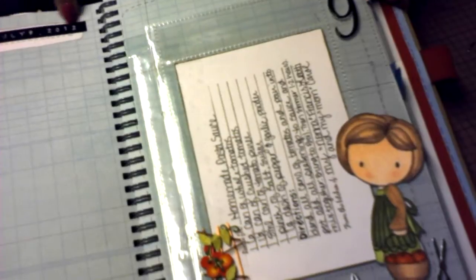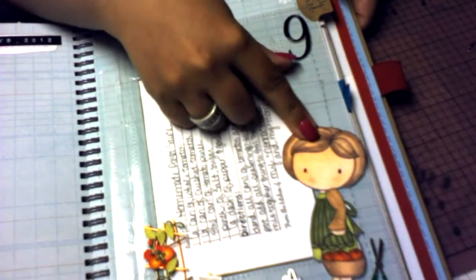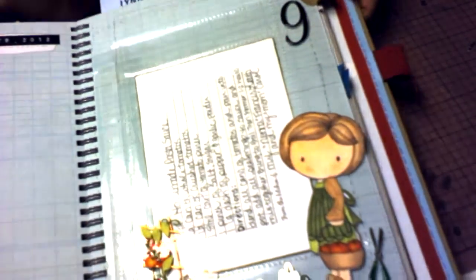And then I just wrote, July 9th, 2012 over here where it says today was. This is going to be added to the page somewhere. I just clipped it so I don't lose it. It's just a journaling piece. On here I also put another 9, and then this is another CC Design stamp that I colored today, and all of these little embellishments from Jolie